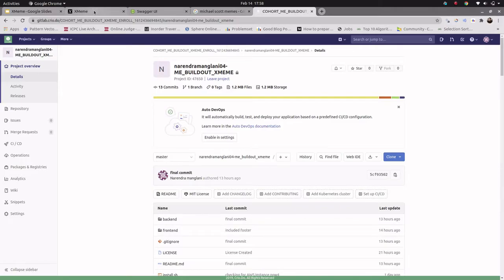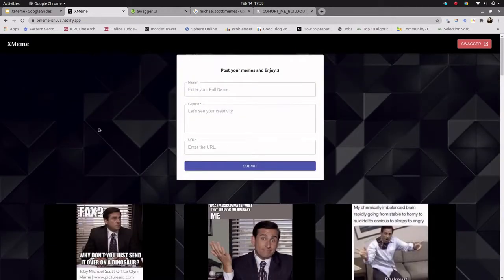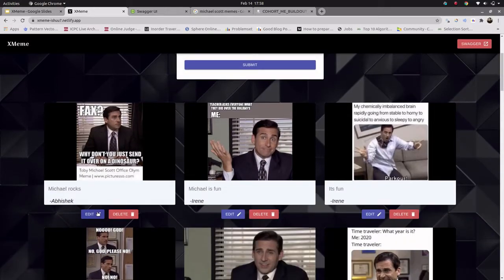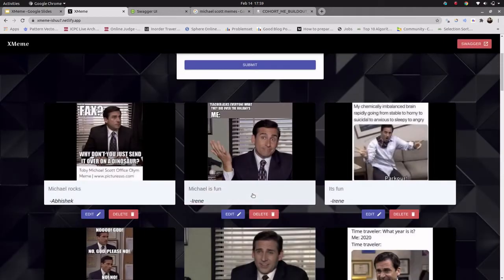And let me go to the front end once. You can also edit the meme. Let's say he wants to change the caption from Michael Rocks to Michael Rock. He can just edit it here like this. Yeah, this is changed.